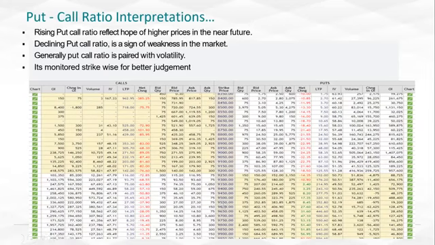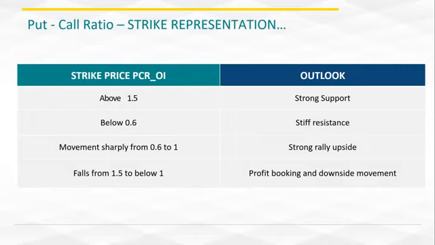But if this is the scenario, let's say at 9:30 in the morning, and you just find out the range and you just think that this is the range and it is going to stay this way for the market, it is not, it will keep changing. But yes, overall you definitely get an edge in the range play. So now, how does PCR add to this, and how is it beneficial? When we do strike-wise PCR analysis, we can understand where the strong support is and where the strong resistance is. We have got a bigger range between 9,000 to 9,500.